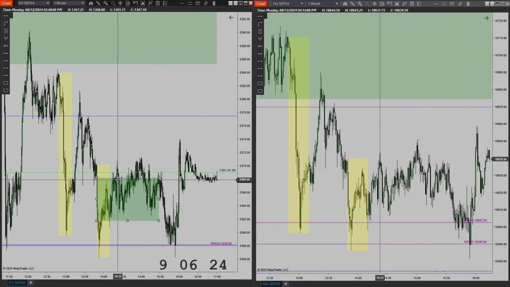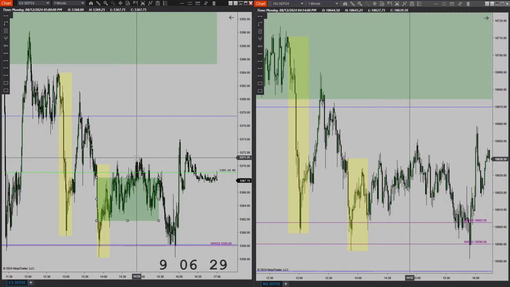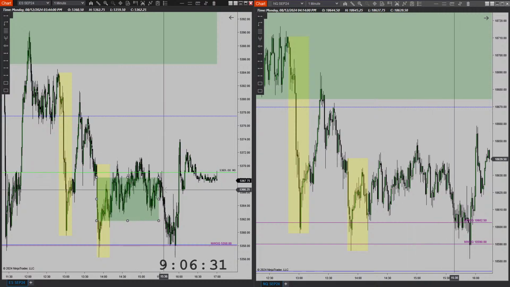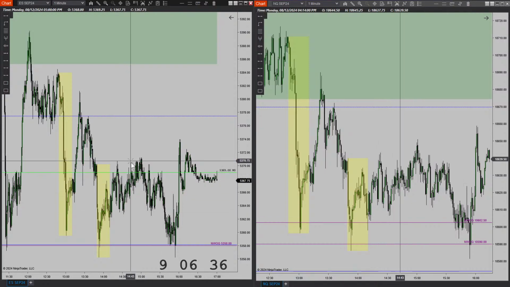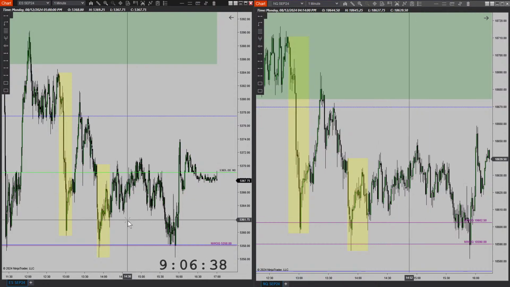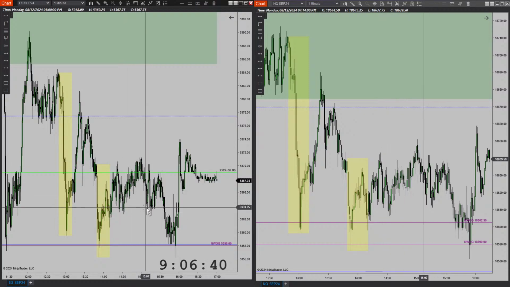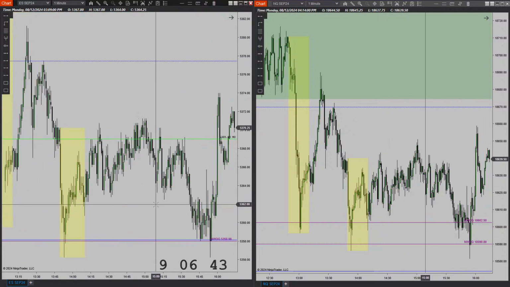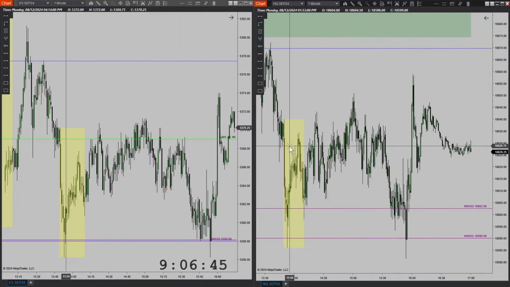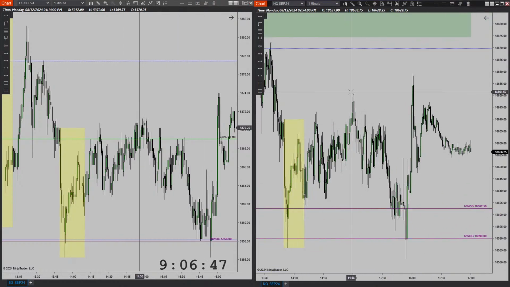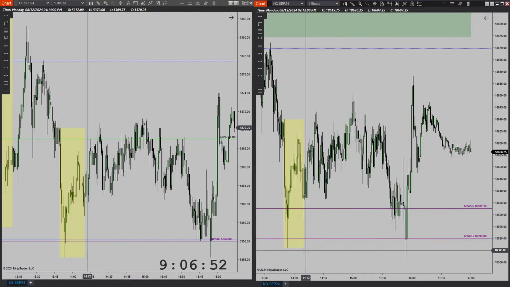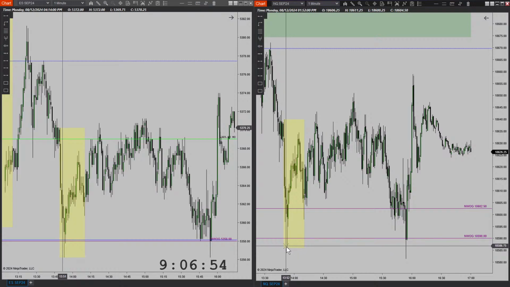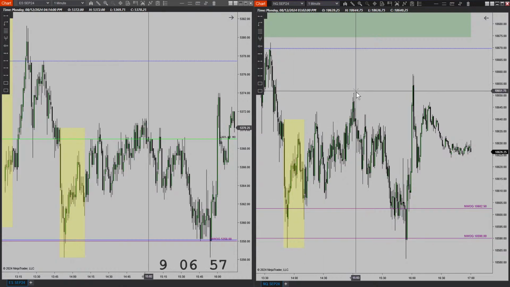And what I had wanted to see was price create a short-term high, intermediate term high, short-term high, and then for me to short down here somewhere. And this is all time distortion, meaning price is consolidating, it's not doing anything, it's taking out lows, taking out highs. But once you realize that price is creating buy stops and sell stops, you know that going into the final hour, price is going to target sell stops and it's going to target buy stops.